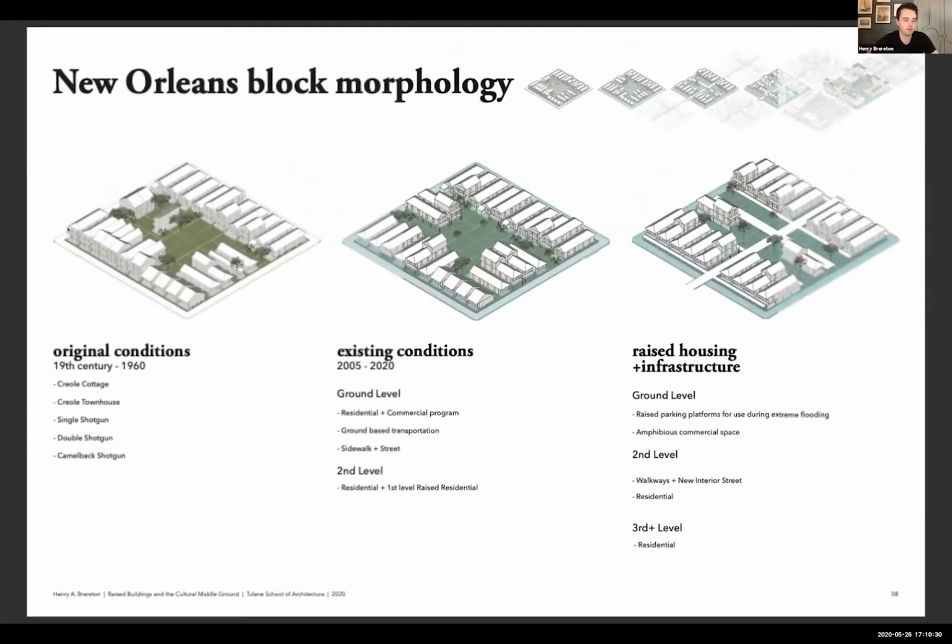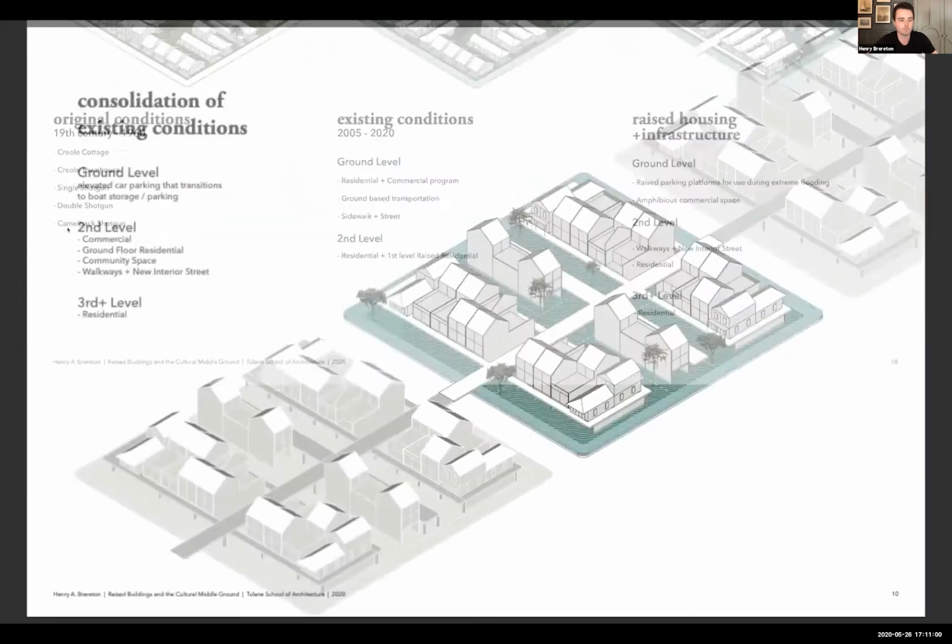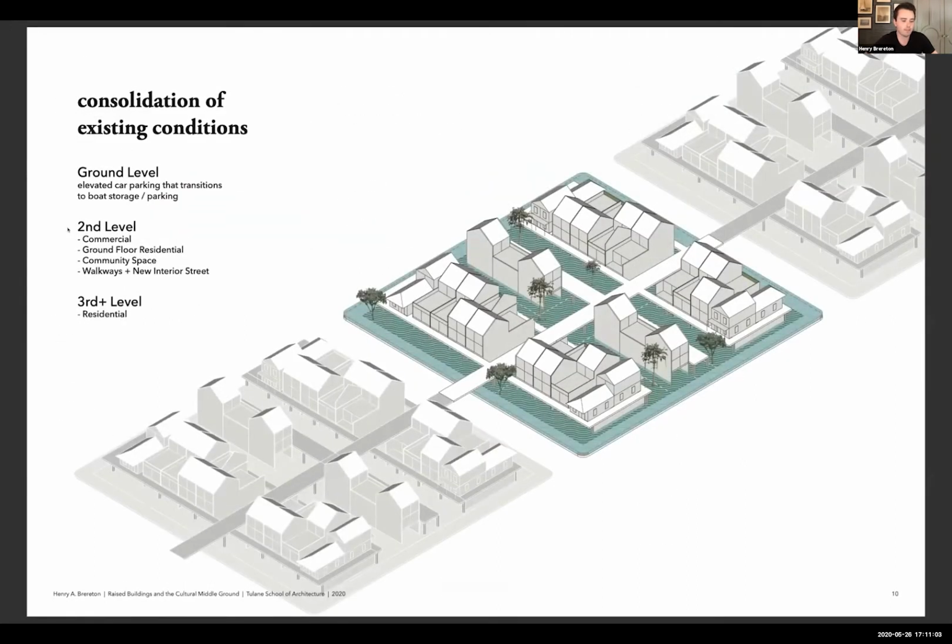I chose to express the way in which we may be able to successfully transition to life surrounded by water through a series of block diagrams illustrating the gradual changes made to the built environment. The original conditions consist of buildings resting on the ground plane and are made up of original New Orleans housing typologies. Our current conditions are primarily made up of buildings on the ground plane with the exception of a few homes that are raised. And the next phase I'm proposing would raise existing buildings and include raised infrastructure. The following phase aims at increasing the density of the block as the need for housing grows when lower parts of the city become uninhabitable.